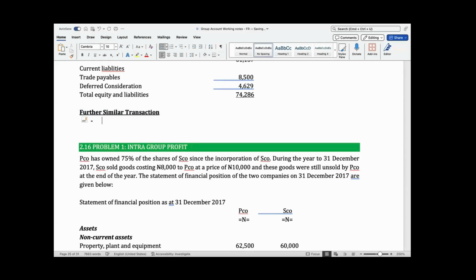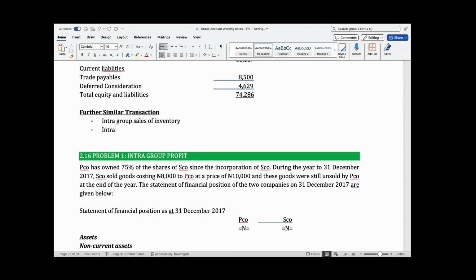And today we are going to look at two types of transaction, then probably solve questions: where there are intragroup sales of goods or of inventory, and also where there are intragroup sales of non-current assets. The principle is very clear here, right? For intragroup sales of inventory, the parent and the subsidiary sell goods to one another. If that sale to one another results in trade receivables and trade payables, I already told you that you cancel that one out. What I've not told you is this,